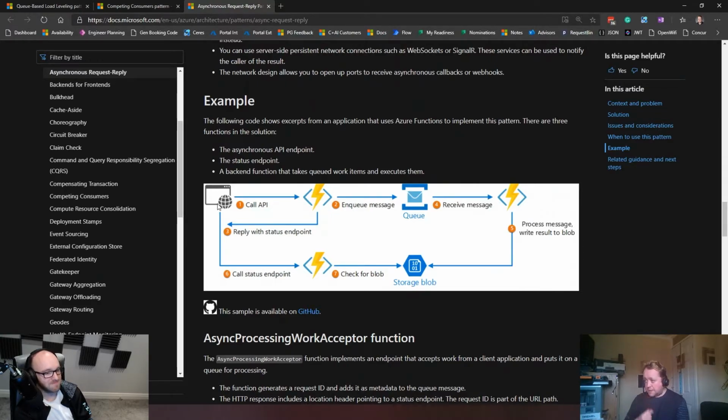Yep. In the background then, one of my competing consumers, so I've only got one function here, but this could be a function app that has 5 or 6 scaled out hosts behind it, or 20 or 30 or 50 scaled out hosts that are all consuming my message as one app, which will go in and check the next available ticket if there is one.